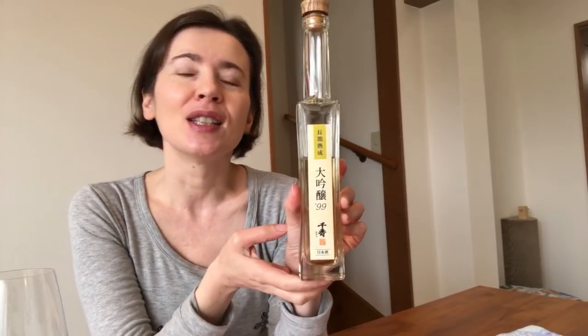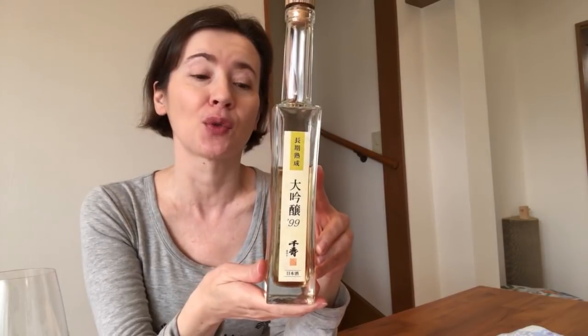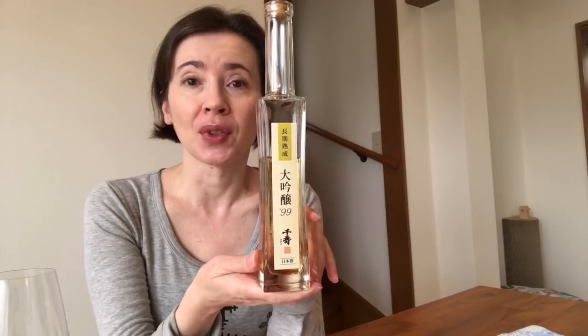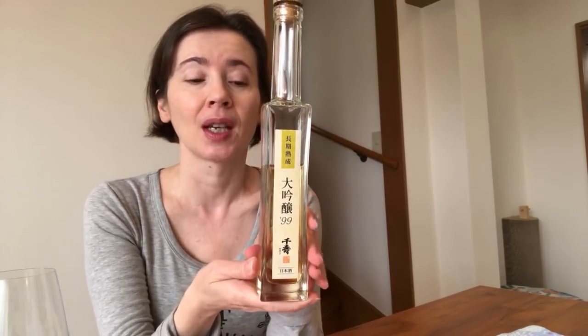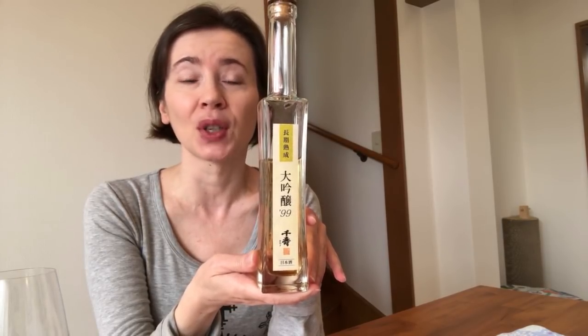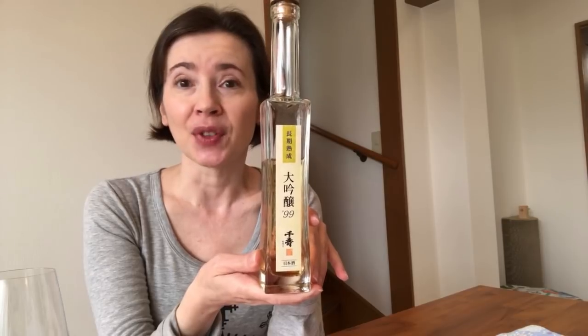Daiginjo is really the top sake. They polish the rice a lot, at least 50%, more than 50%. Some of the makers polish it up to 90%, so only 30% of the rice grain remains. This is why it gets more expensive. But I must say that I will try to do more sake nihonshu videos,